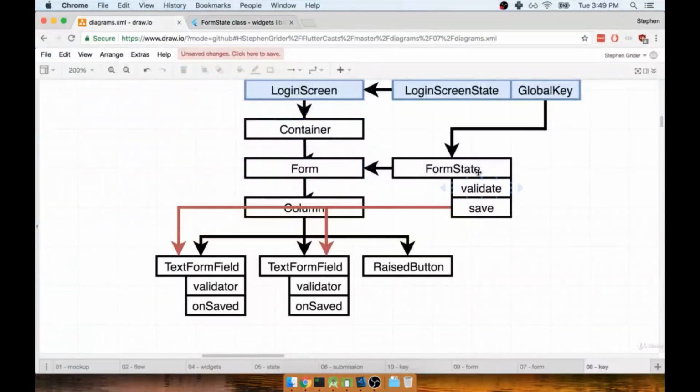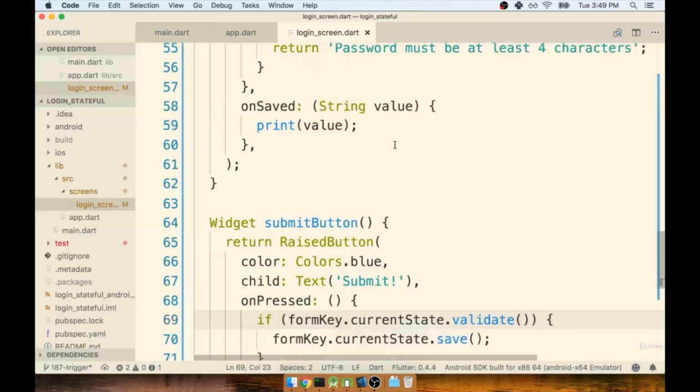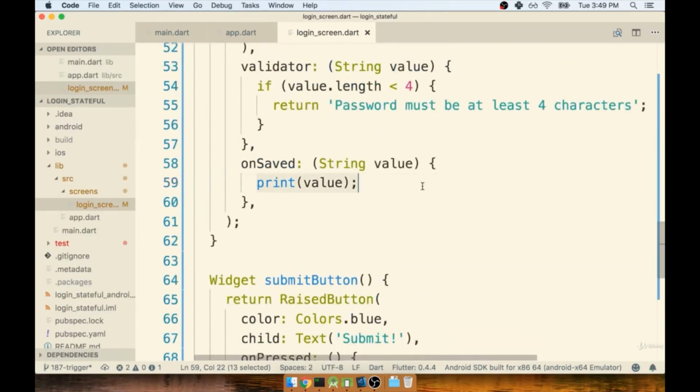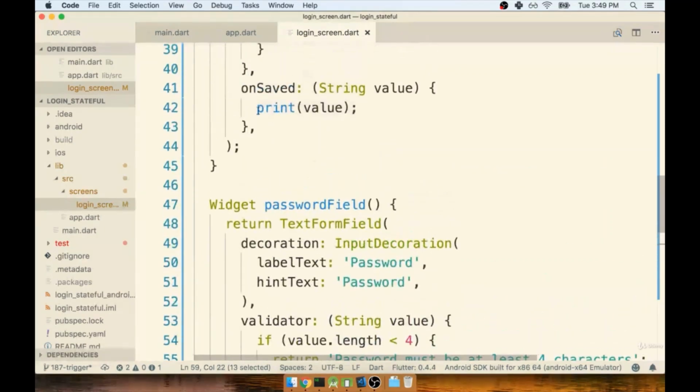In the last section, we were able to take our form state object and call the save method on it. When we did so, the save method found all of our nested text form fields and called the onSaved function that was tied to each one. So now that we have successfully implemented all this, and we are successfully printing out the actual values associated with each field, we need to make sure that we get both these values into some common location inside of